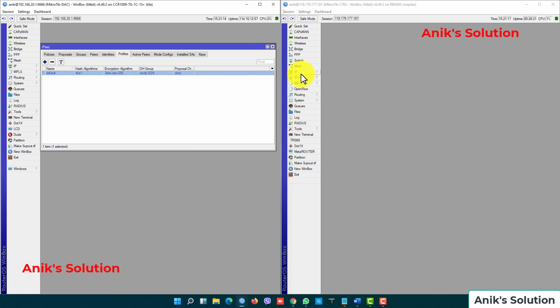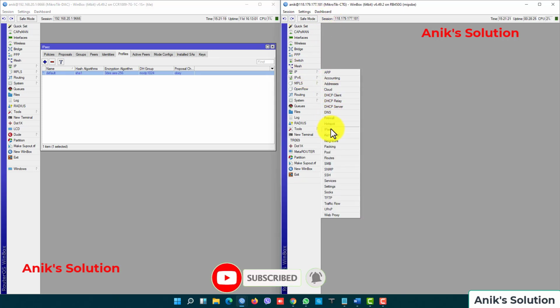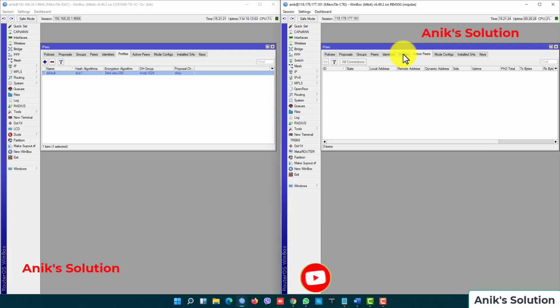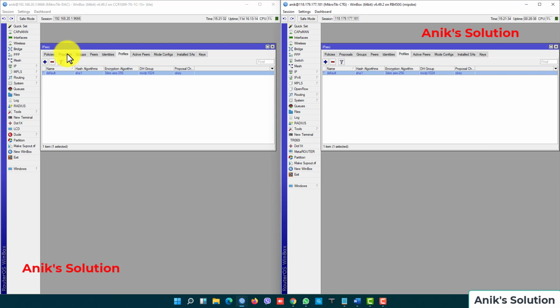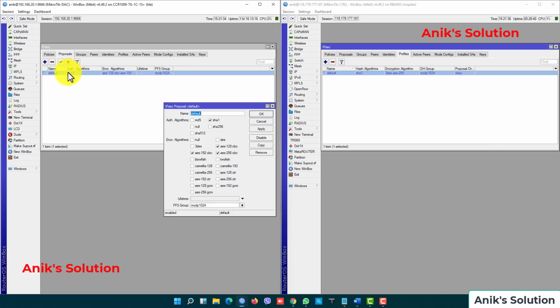Okay, again we configure our Chittagong router. I go to IP and IPsec, then we click the profile and double click the default, and here is the same thing, uncheck MODP and the other defaults are also okay, then apply, then okay. Now we go to the proposal and double click the default.